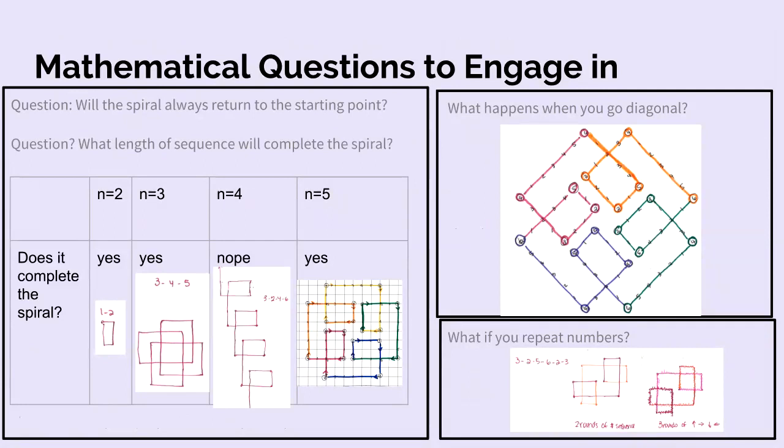I'm showing it to you really quickly, mainly not because I want you to have tried this activity, but because I want you to see the sort of support we're going to provide to you as a mentor. We aren't just saying, do this activity, go. Instead, we're giving you questions, we're giving you examples, and we're working together as mathematicians to think about what is the math we're going to learn in this activity.